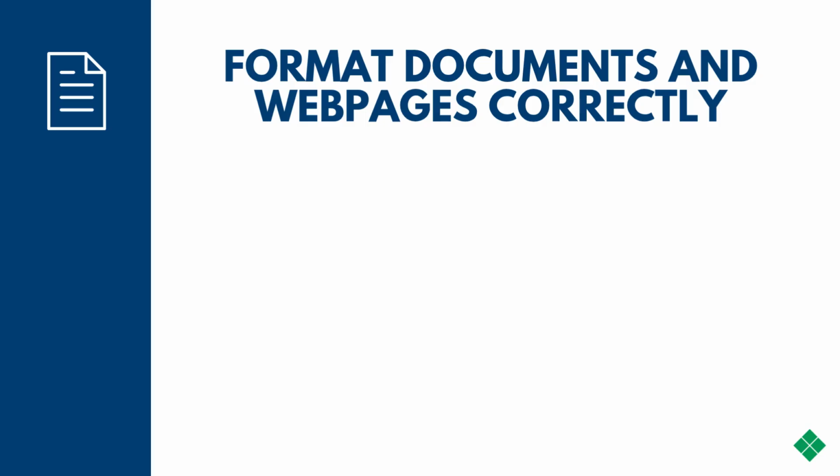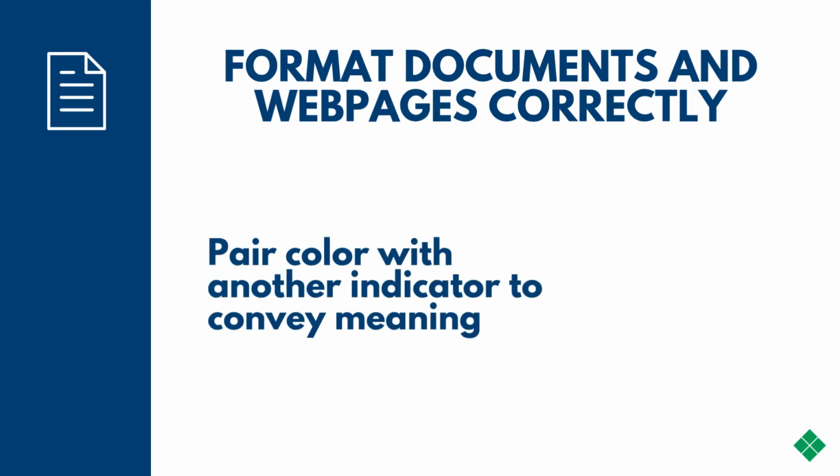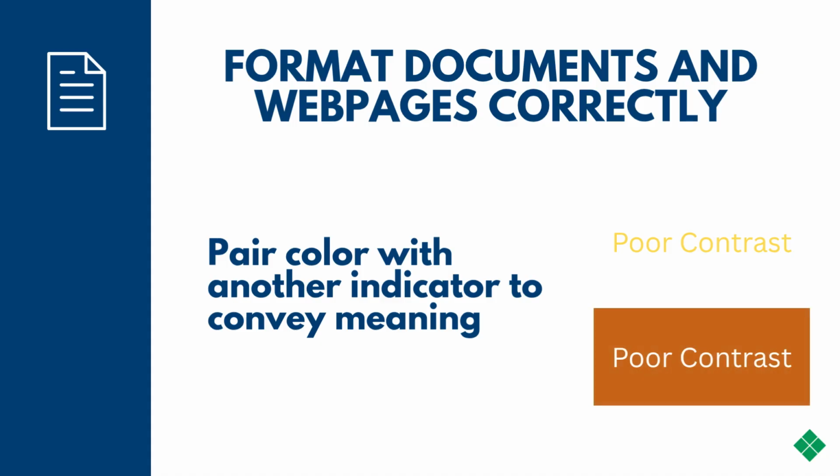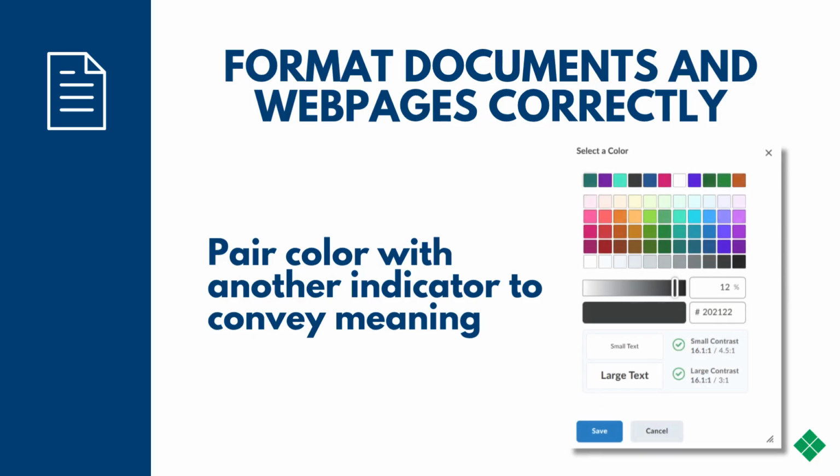If you use color to convey meaning, always pair it with another indicator such as a label, icon, or pattern. Students who are colorblind cannot rely on color alone to understand information. Make sure the text and background colors in your materials have enough contrast to be readable. Poor contrast can be obvious, like light yellow on a white background, but it can also be subtle. Brightspace has a color contrast checker built into its color picker, and free tools are also available with a basic